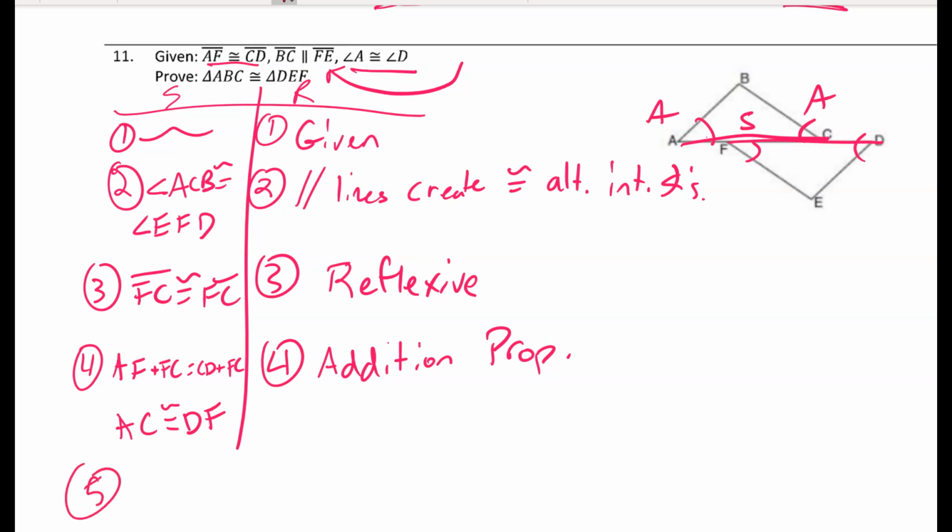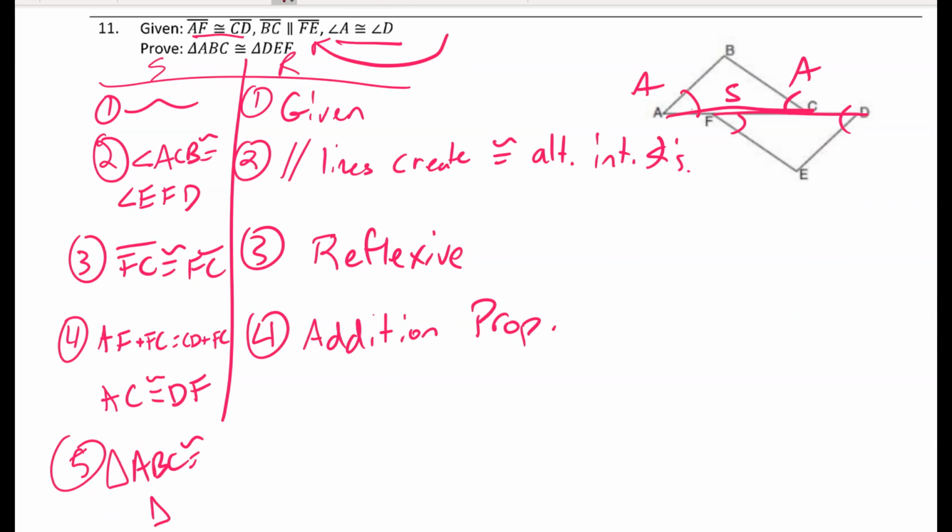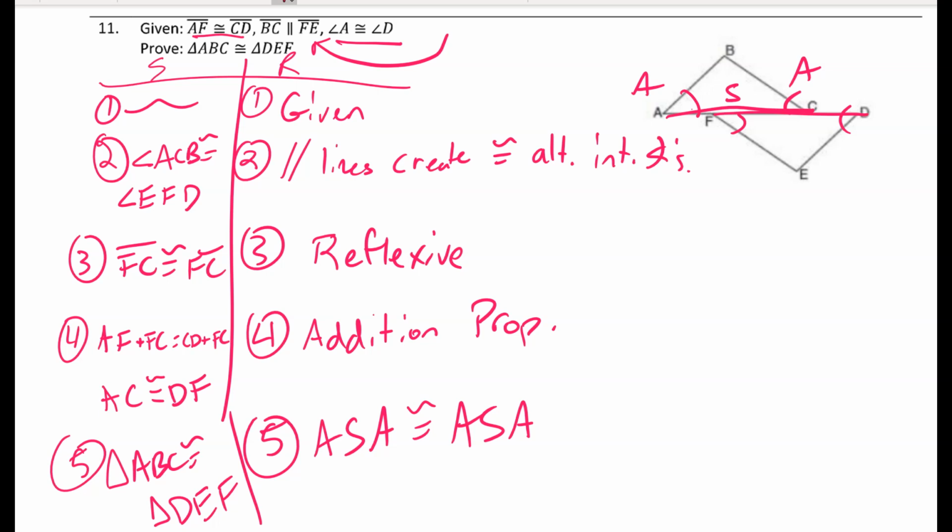So I'm going to say that triangle ABC is congruent to triangle DEF, reason being, I have an angle, a side, and another angle. Notice how much I'm marking up the picture here, and when I get stuck, I go back to the givens, and I see what piece they gave me